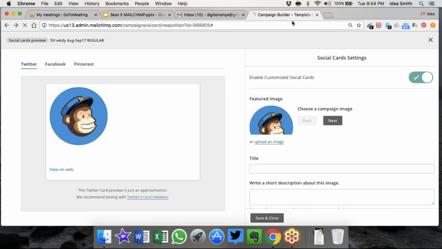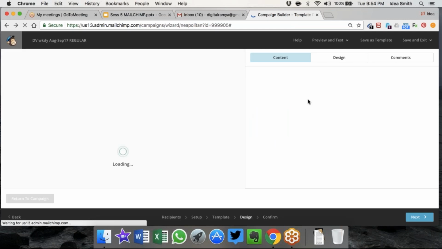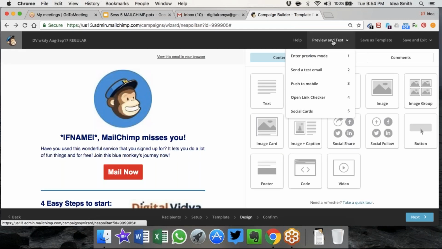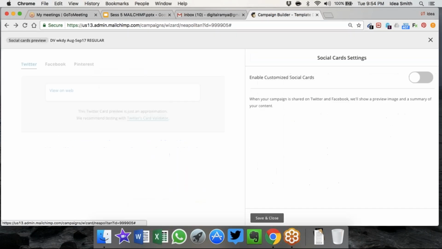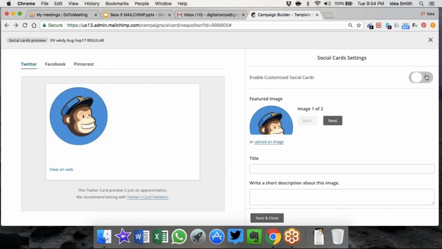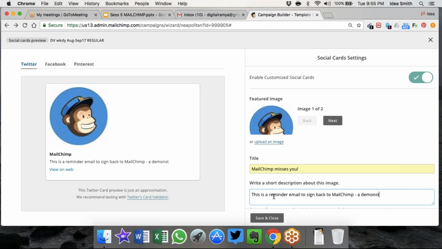Okay, MailChimp is hanging. Enable social cards, and this is going to be called MailChimp misses you. Write a short description. This is a reminder email to sign back to MailChimp. A demonstration of